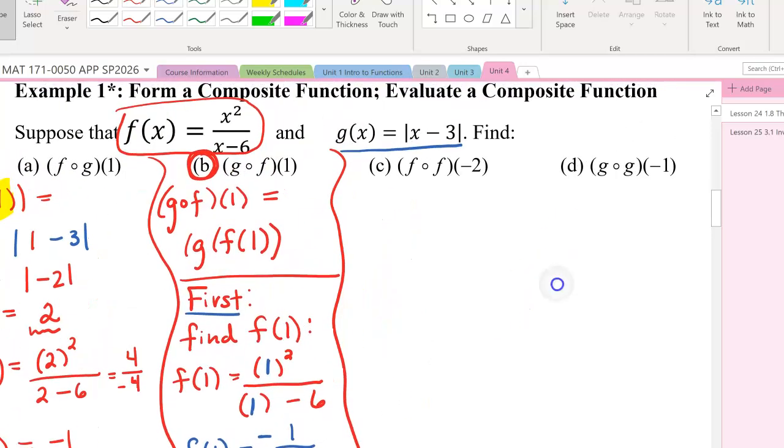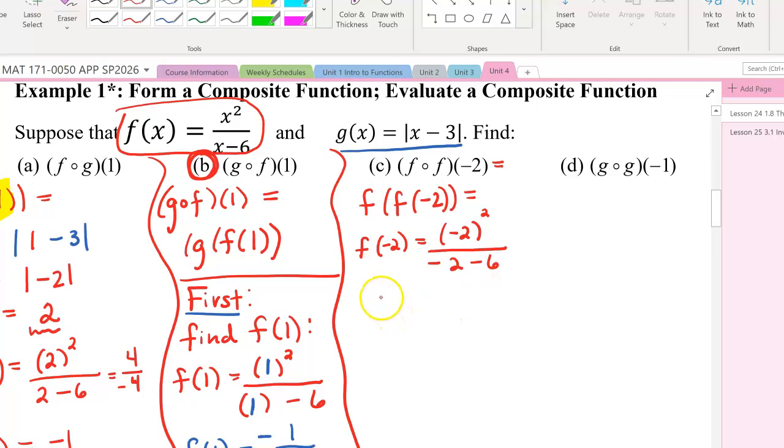You can also compose a function with itself. So f of f of negative 2 means I'm going to find the value of the function f at negative 2, and then whatever I get, I'm going to plug back into the function. So f of negative 2 is equal to negative 2 squared over negative 2 minus 6, which is equal to 4 over negative 8, or negative 1/2. So now I'm going to find f of negative 1/2,